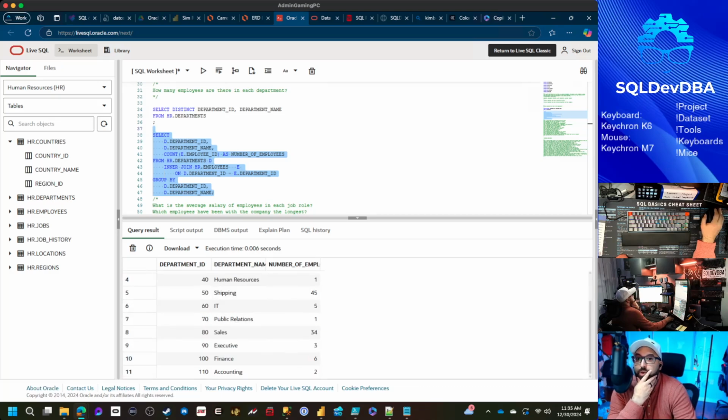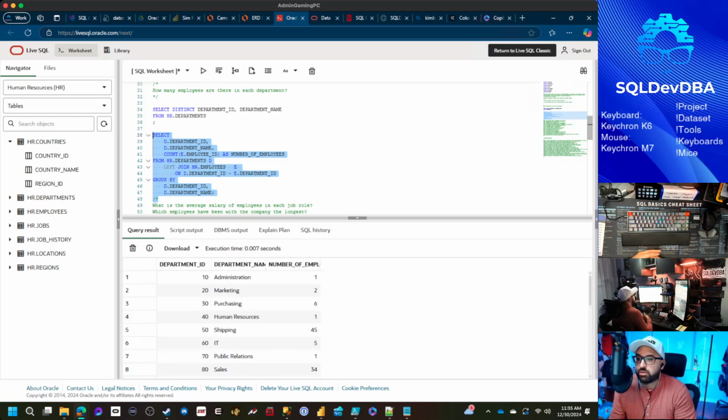Now we have 11 departments. So if you're a data analyst and you come all proud with a report to your manager saying, look, I got the data for all 11 departments and how many employees each have, they're going to go, pretty sure there's 27 departments. And so I would always start with a left join here